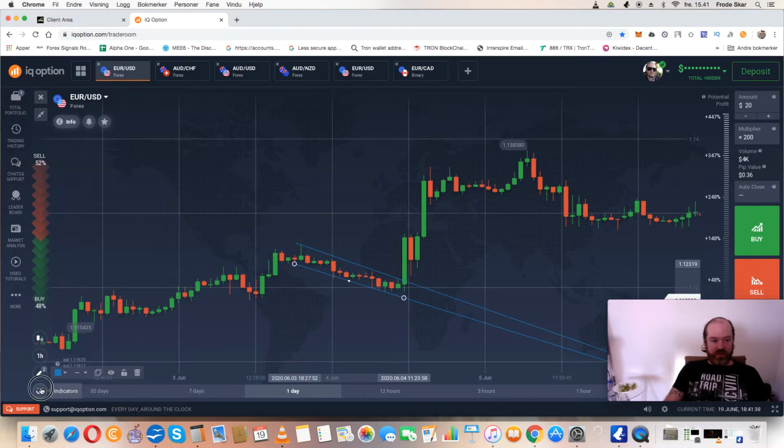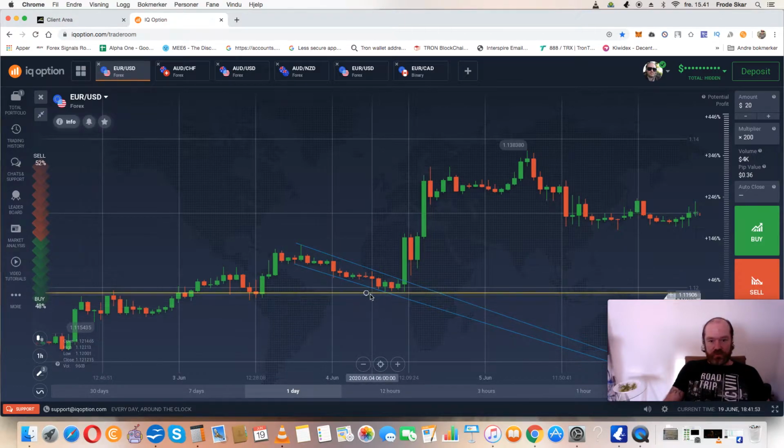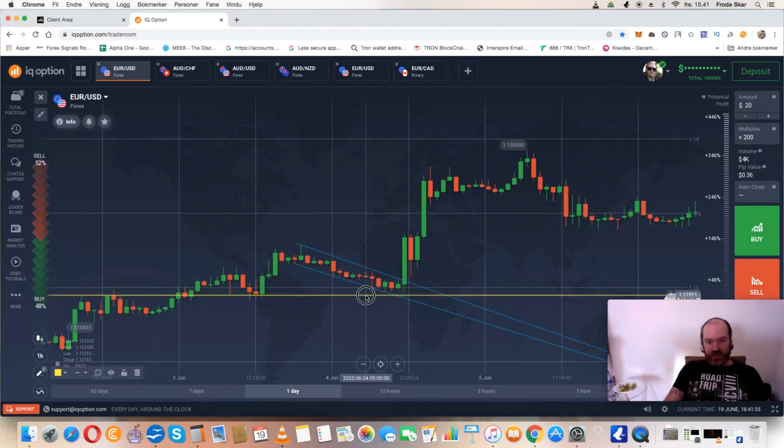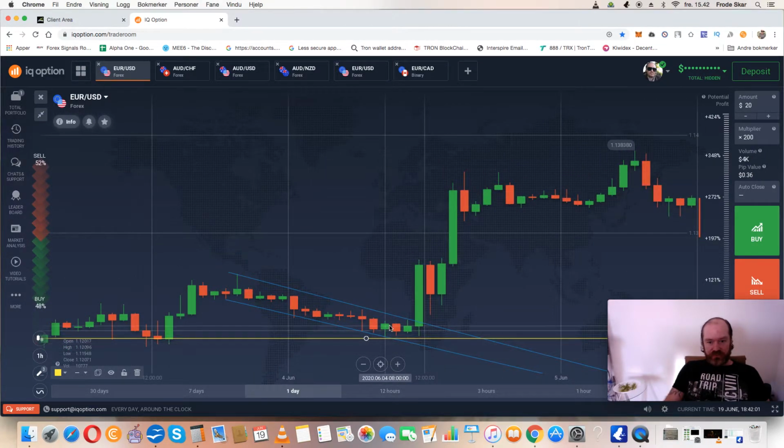I can put a line, let's see. You put a stop loss at the lowest point you had. Let's put that one in another color so it's shown a little better. Yellow. Okay, so your stop loss I put a little below, so around there. So you can zoom in. Then you can see the lowest point you had before the move was here, right? So you put the stop loss here, and basically this costs you very little if you hit the stop loss,